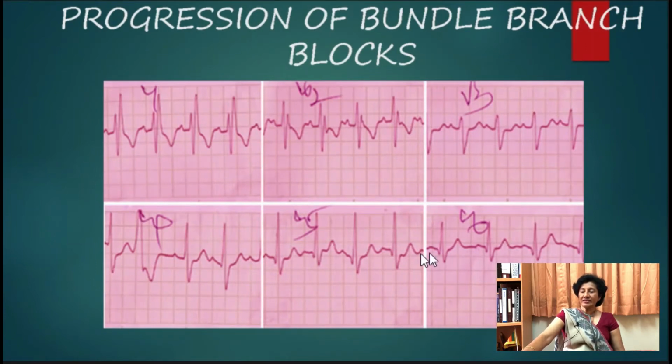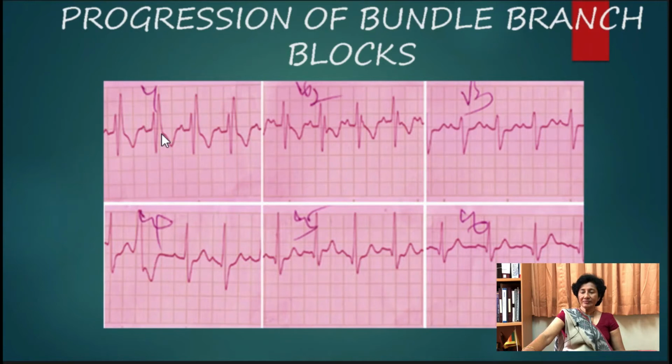If you look at chest leads, the ECG is in sinus rhythm, QRS complexes are broad. So, the most likely diagnosis is one of the bundle branch blocks. If you analyze lead V1, you can see a low amplitude R wave which precedes the high amplitude R wave. That means R is capital R dash morphology, compatible with right bundle branch block.